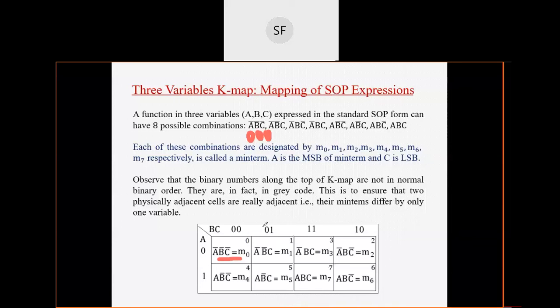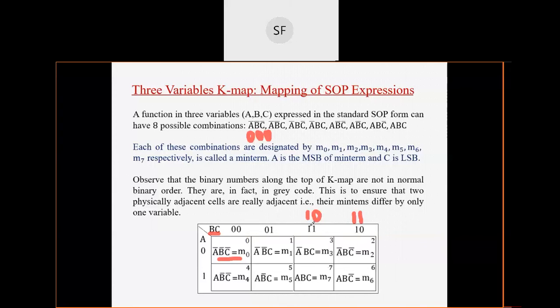Now the interesting fact here: you can observe that here there is no problem, 0 0. But here, when there is a combination of two variables, generally the binary code we have seen is 0 0, 0 1, and then 1 0, because 1 0 stands for 2. So in the general way our sequence is 0, 1, 2, 3. But here you can observe there is a difference: they have taken 1 1 first and then 1 0 last.